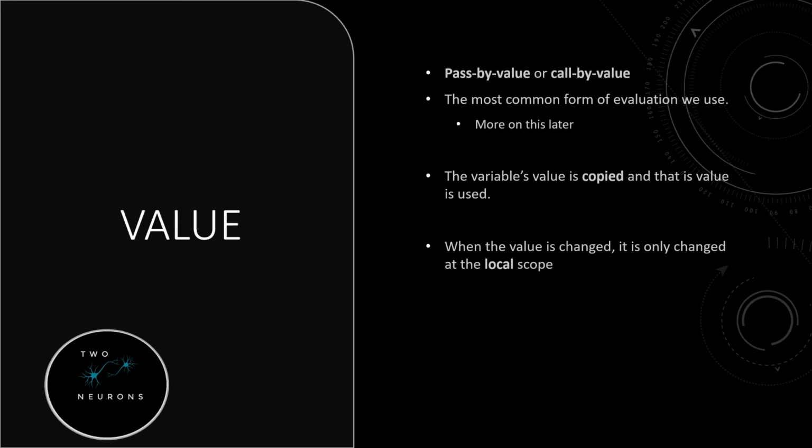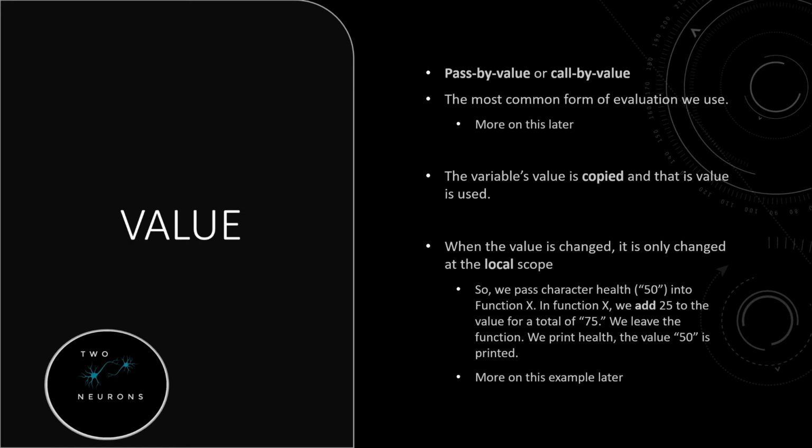So another way to think about this for an example is, let's say we have a character health variable with a value of 50. We pass character health by value into function x. In function x, we add 25 to the value that we've passed through. So we add 25 to 50, getting a total of 75. We leave function x. We ask the game to print the character health. The value 50 is printed. Now you might be confused by something here, and we'll talk about that in a minute after we've talked about